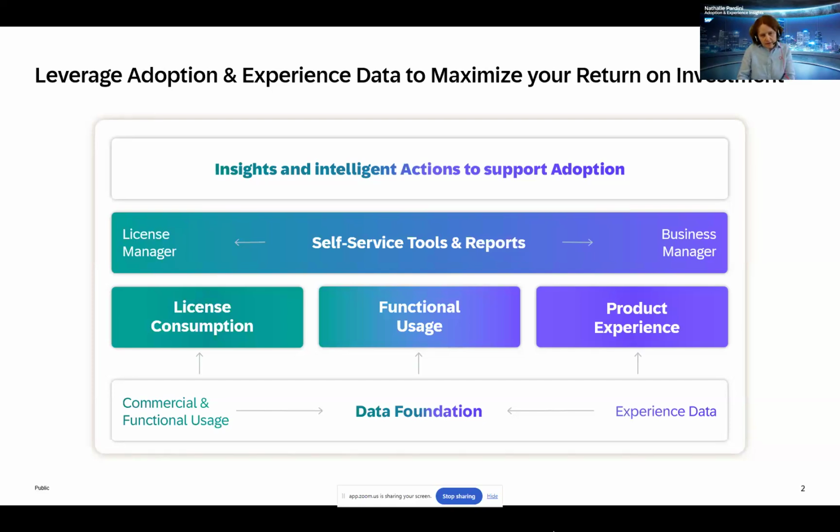After license activation, the product becomes available for user access. Thanks to the functional usage data, the business managers benefit from understanding how end users interact with the products, including which capabilities are being utilized and to what extent. Also, the functional usage data supports business managers in making future buying decisions. This content will be described in more detail during this session.